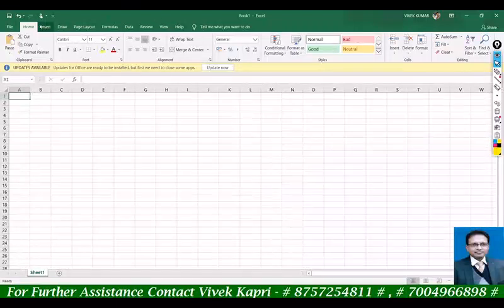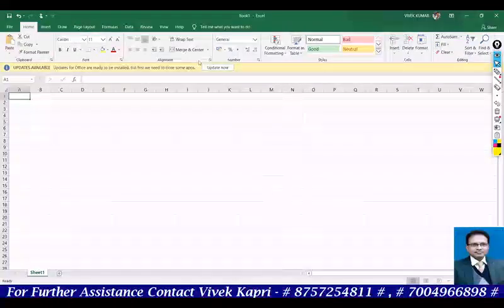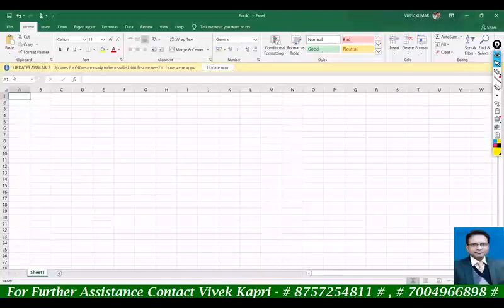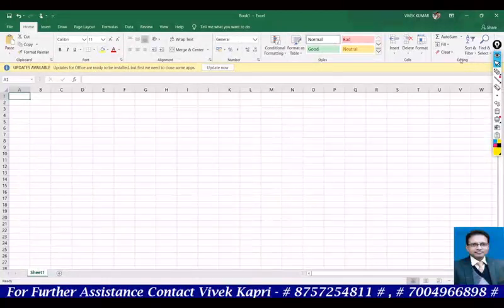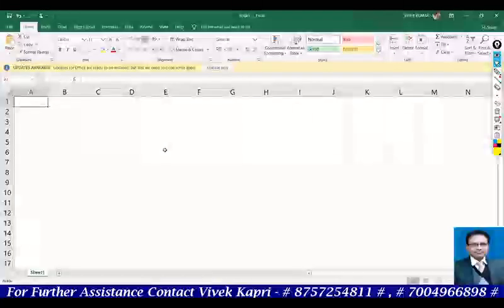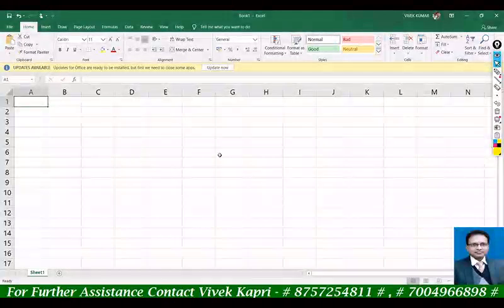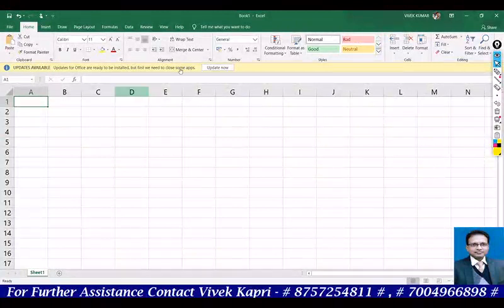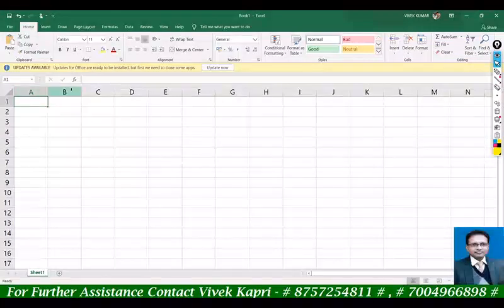Here is the menu bar. This is called the menu ribbon, and below it there are small boxes. There are many small boxes in the complete sheet. This complete area is called a sheet, and in the sheet you are looking at A, B, C, D, E, F, G, H and so on.